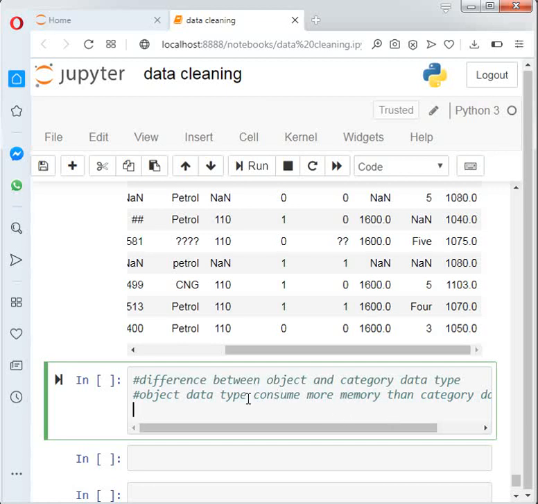Object data type consumes more memory than category data type, so we convert object data types into category data types because of this memory usage.